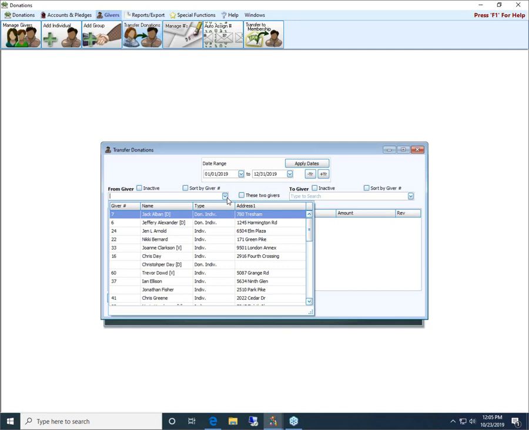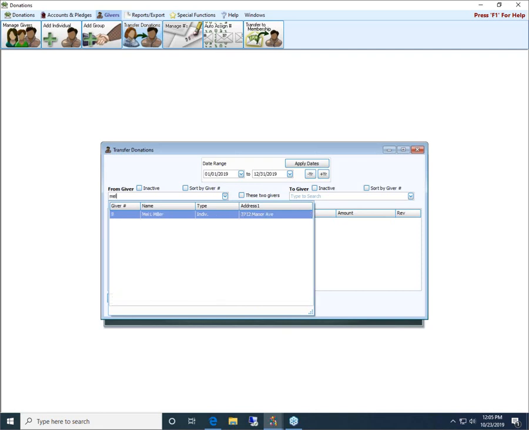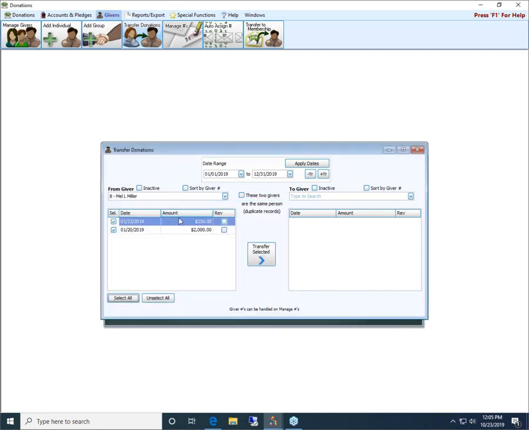But let's say that there is some giving on Mel Miller that was actually supposed to be posted to Wendy Miller. So I'm going to show you how simple it is to go in and get that giving away from Mel and give it to Wendy. Okay, so our to giver, I'm looking for Mel Miller here. And as you can see, there are 2 donations that are currently listed under Mel, but we really want them